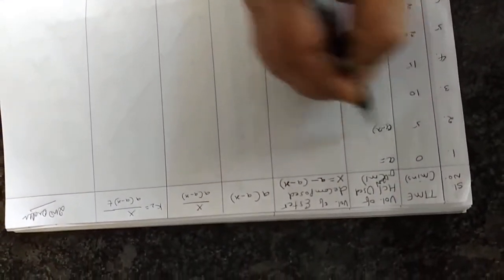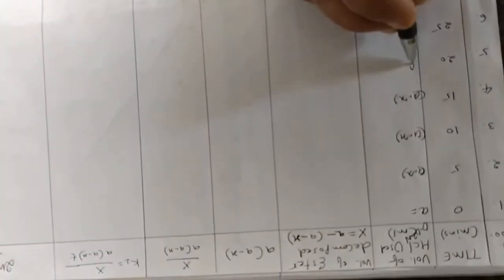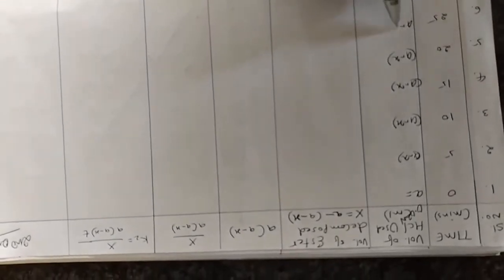Now the first value which you are going to get, you will take it as A, okay? The next values which you are going to take will be A minus X. All these values will come as A minus X. So don't get confused about anything, okay? Whatever value you get is how much quantity has been used. Suppose I take A as the initial volume, say it has taken 2 ml. Then after that the volume used is 3 ml. So you have to just write 3 ml here. Okay? So that is going to give you A minus X. So these values you are going to get. Don't get confused with these A minus X values.